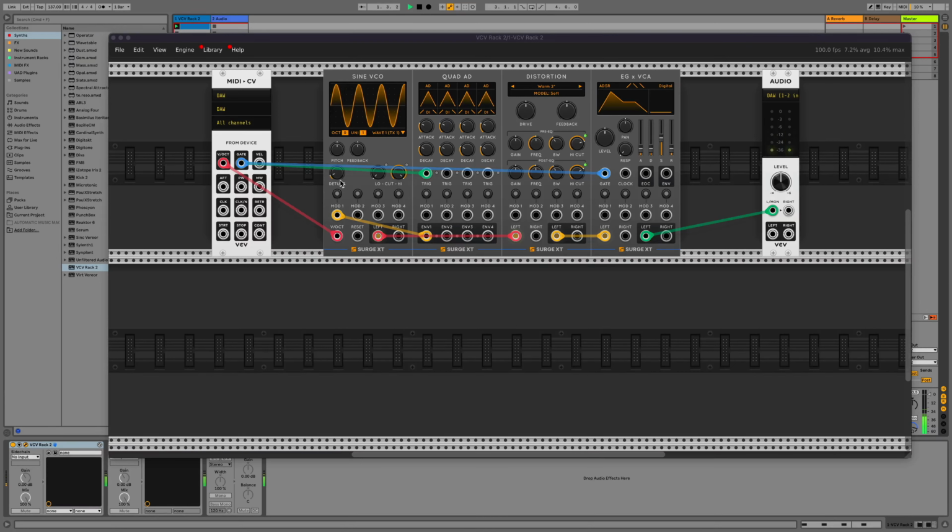Starting off with a kick drum, and here I'm using the Sine VCO, a quad envelope generator, a VCA with envelope generator, and a distortion. First adjusting the pitch. Now I'm going to set up a pitch envelope that is coming from the quad AD module. As you can see, a very cool modulation system where you press a button and assign it. It's very flexible. Adjusting the envelope here to control the pitch, and now the envelope of the amplifier, basically making